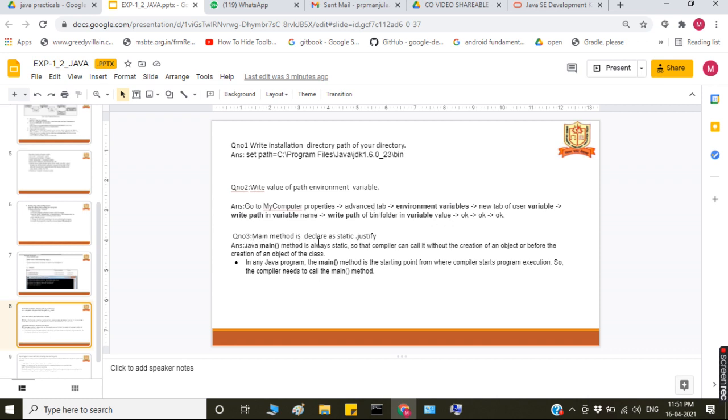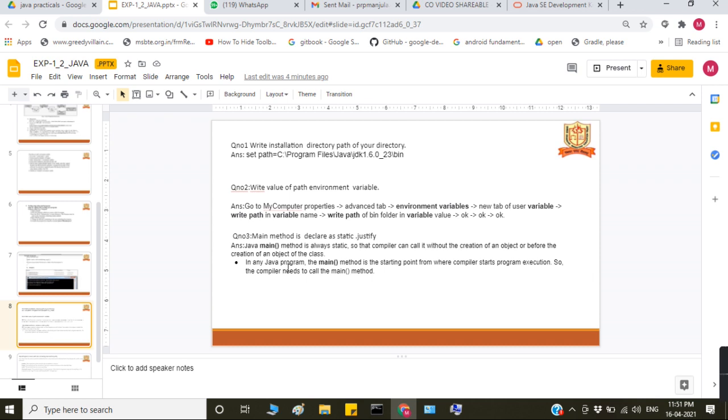The main method is declared as static, justify. The Java main method is always static so that the compiler can call it without the creation of an object of the class. When you make the main method static, it is common to all objects, for the entire class.